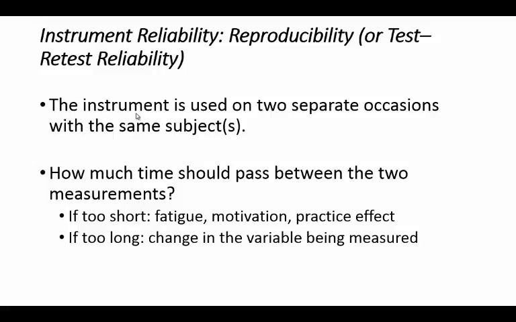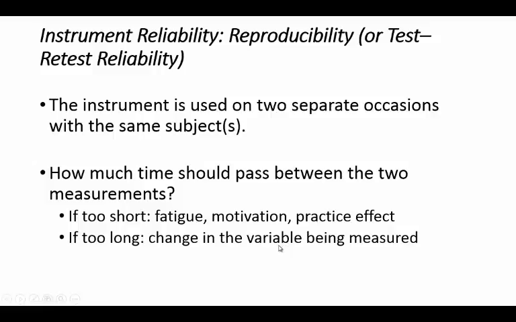He might have learned what to do, and this learning effect can improve his performance. So all of these factors can affect the measure if the time allowed between time 1 and time 2 of measurement is too short. If it is too long, then the variable itself